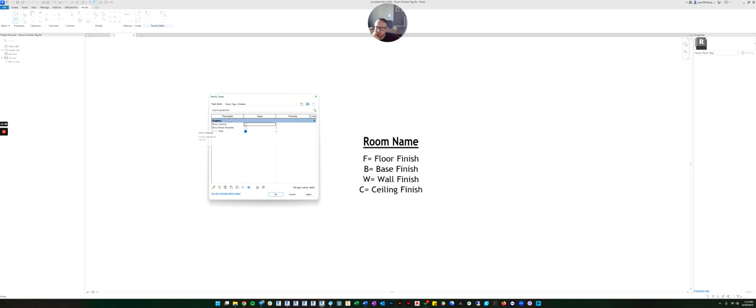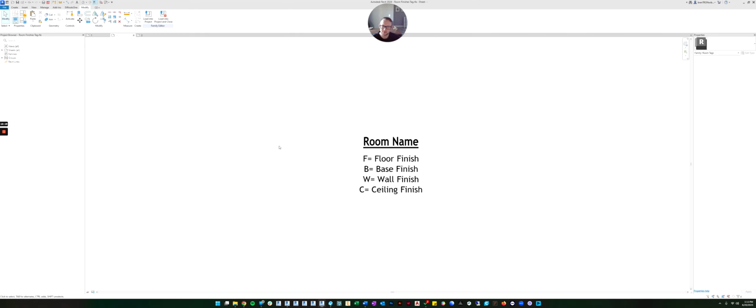The other thing we want to do is, if you look in here, it's also showing you what type parameters the label has. We just want to get rid of those. Because they're old and we changed what was in this family, we're going to delete them. If you highlight one, you can come down here and hit the X and it'll delete it and say yes. Just delete them all. Now it's blank and you can click OK. So clicking on this brings up the type properties. This is exactly what it would look like if you were in the project and opened the type properties from over here.